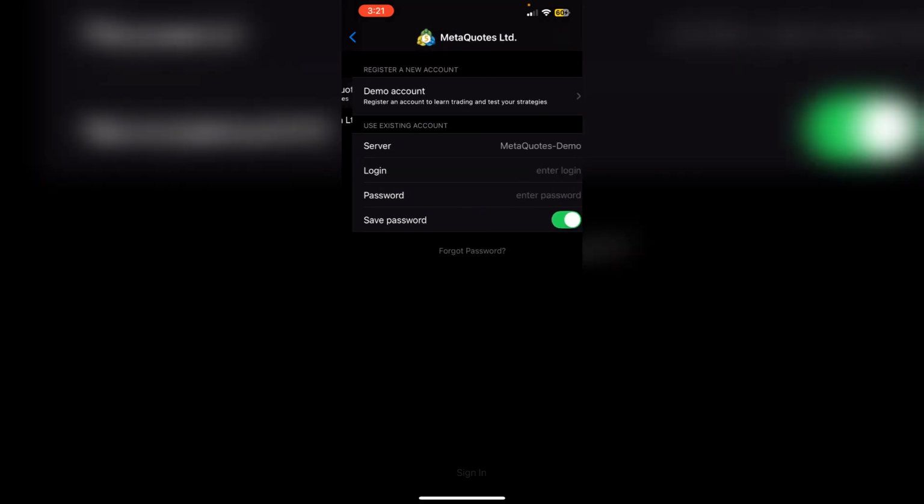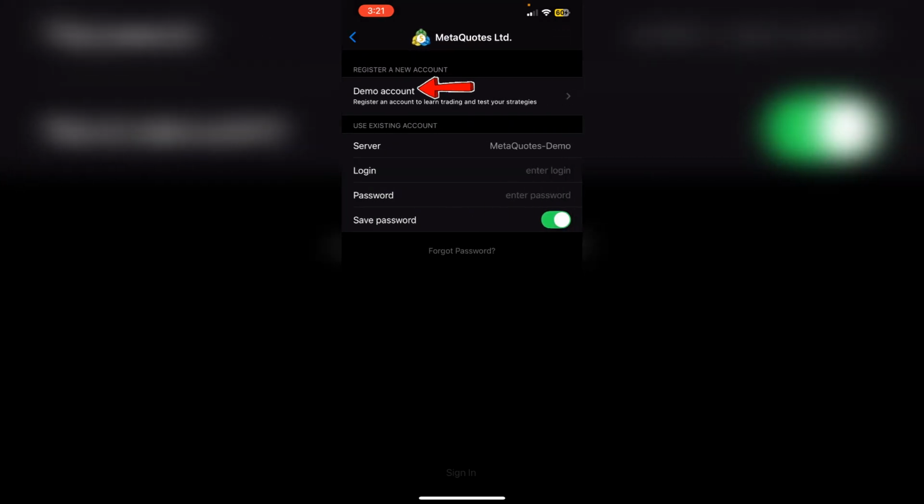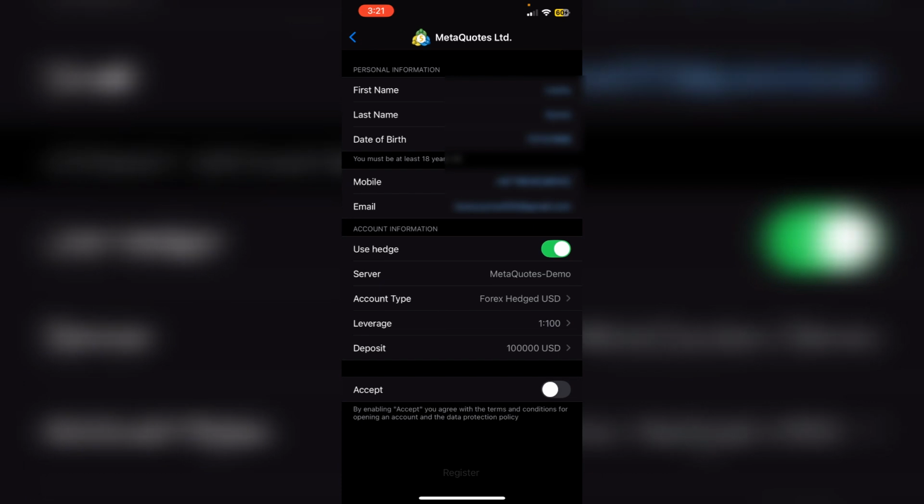So let's select MetaQuotes Limited from here because we want to open the demo account first. So you can see there is demo account at the top. Once you tap on that option, you need to complete your credentials, and once you complete it, simply enable the accept, and you can see the register option has been enabled. So you can simply tap on it, and once your demo account is created, you need to go back,